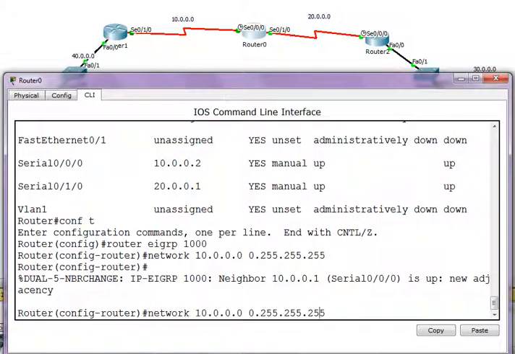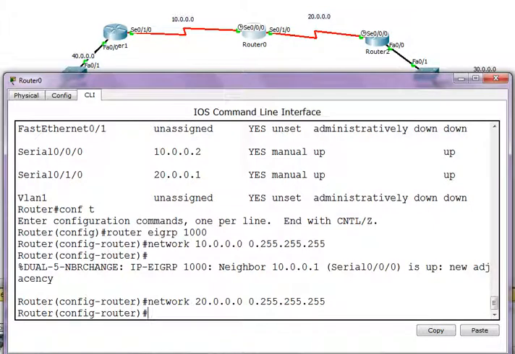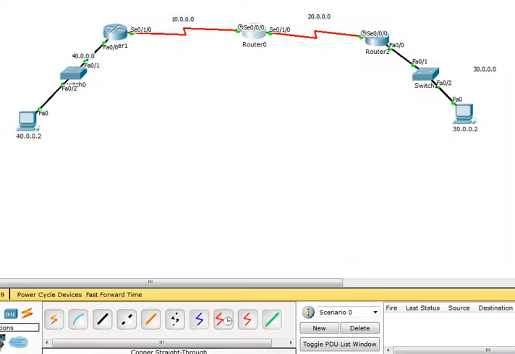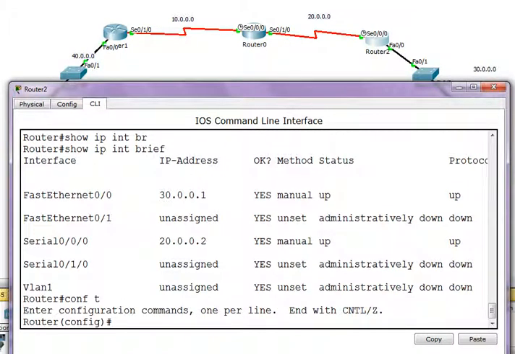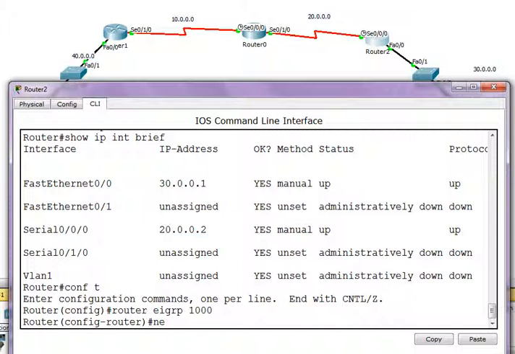Clear? So when you get this adjacency message, just think that you got a new neighbor. So I'm going to put 20. Very simple. Now I'm going to router 2, and same thing, I'm going to advertise 20 and 30. Router EIGRP 1000. Make sure you remember the number. If you make a mistake, they will not talk and you have to troubleshoot.